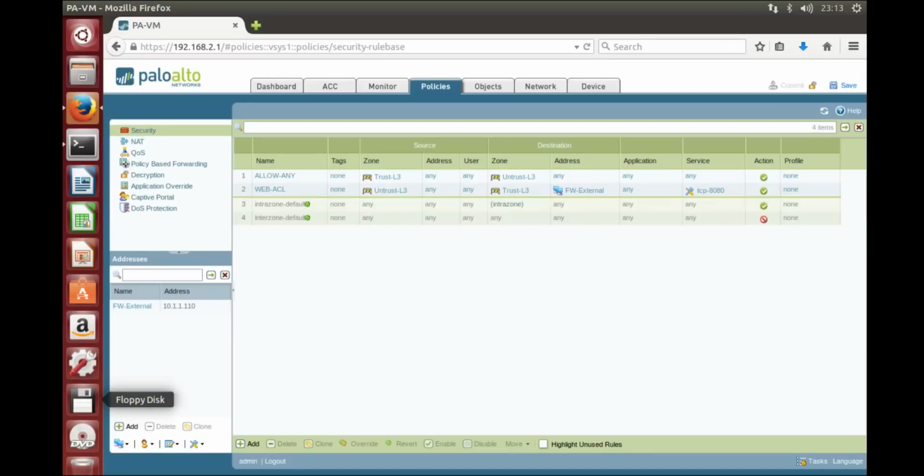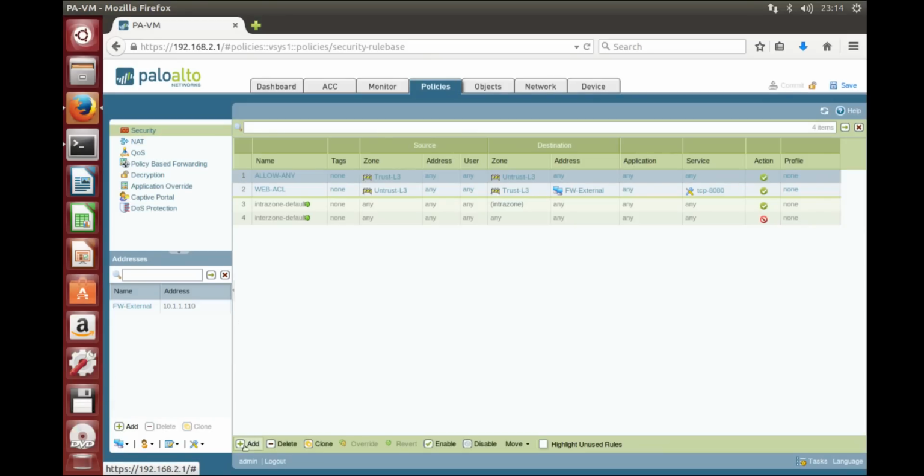Hello and welcome. Today I'll show you how to configure security policies and how to use all the profiles in your security policies. This is one of the most exciting features of Palo Alto Firewall, how it's organized and how easy to use. So let's start from the simple rule in front of allow any